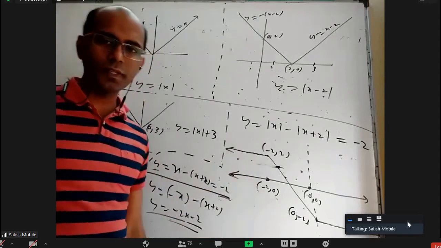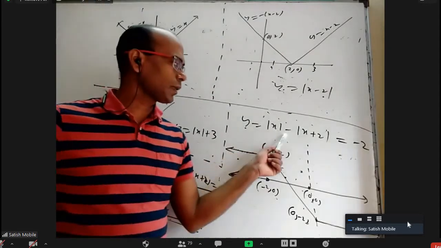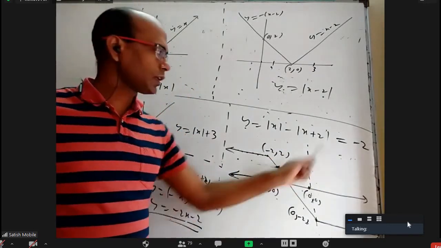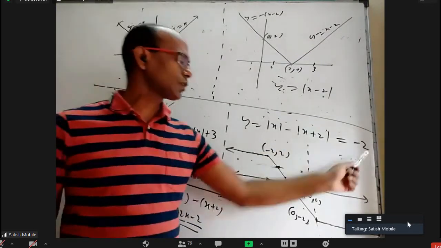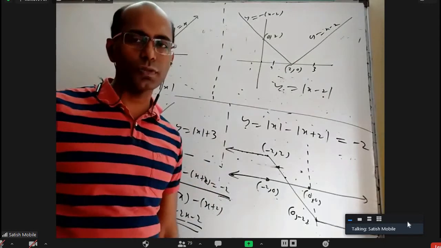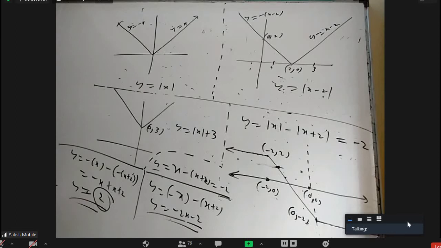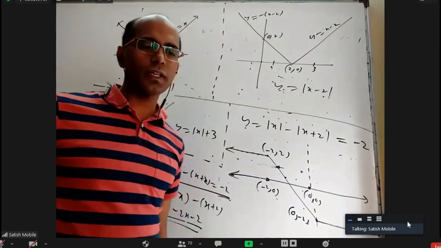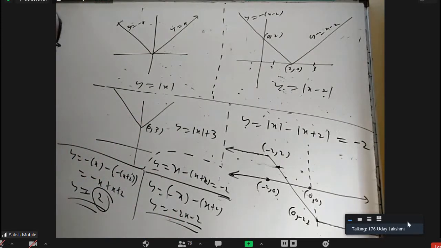This is the 9th question only I am discussing. In the 9th question, they wanted mod x minus mod x plus 2 equal to 0, right? That plus 2 I brought to RHS, that's all, nothing else I have done. And when it is equal to minus 2, for every number, if you remember in the 9th question, we got the answer closed interval 0 to infinity only. So, Udalakshmi, are you clear now? Why are we getting infinite solutions here, not just 1 or 2 numbers? Yes, sir. Okay.